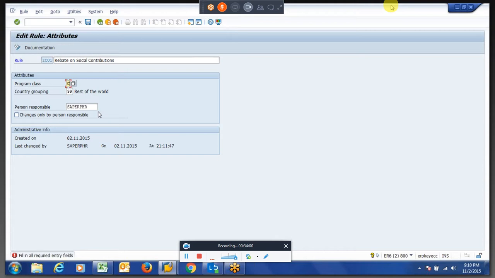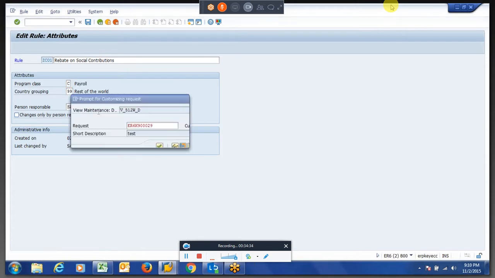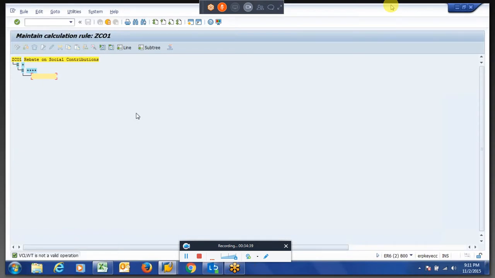So you all understand what is star and 4 stars as of now. We are not checking with any of the wage type or PCR grouping. So I have given a star and 4 stars. Now what we have to check? We have to check processing class, VCL. Maybe I have to check once.